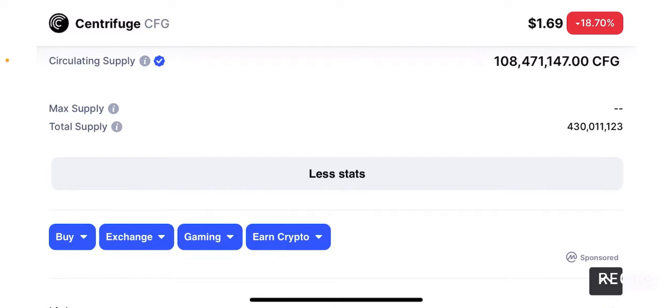So when it comes to the max supply, they don't have the max supply information. I don't know if the token itself has no max supply, but the total token supply is 430 million tokens. Again, there is a staking concept for this token, which means this token is going to be staked. Therefore, the max supply or the total supply is going to get reduced pretty soon, because most of this token would be staked within the network to